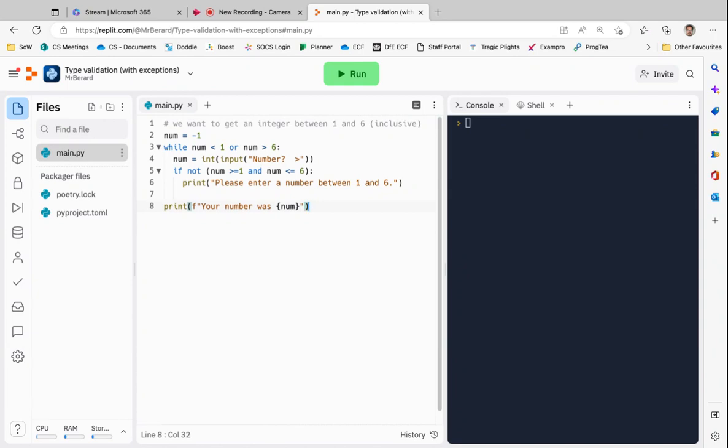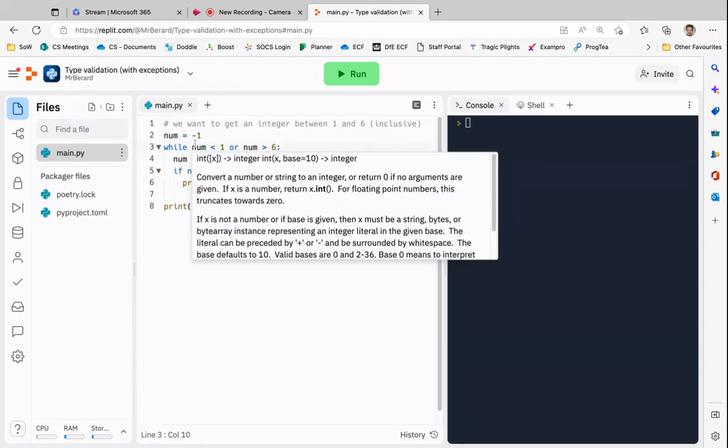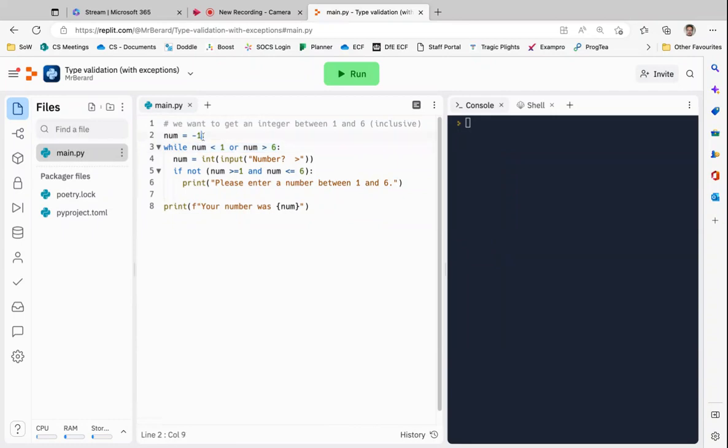You may have seen my video about type validation. This is the concise version where you initialize your variable, the one you're going to input into, to something invalid as far as your criteria for validity. Here our criteria for validity are an integer between 1 and 6 inclusive. And whilst it doesn't meet that, so it's smaller than 1 or larger than 6, we will ask for a